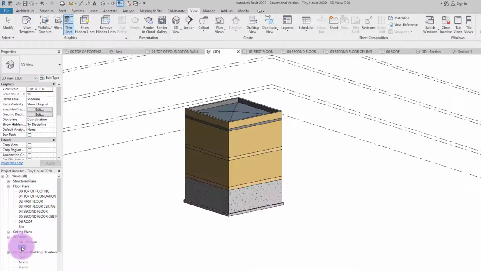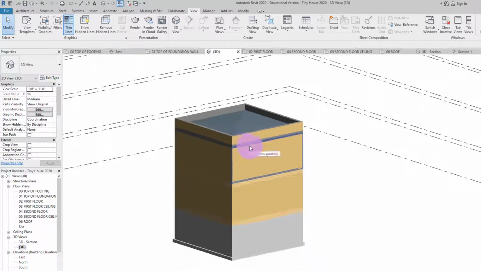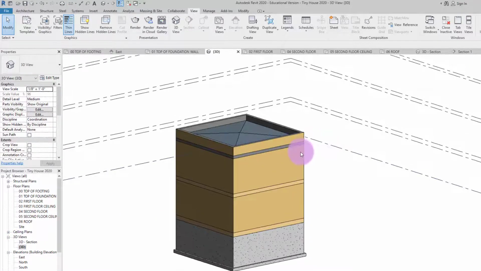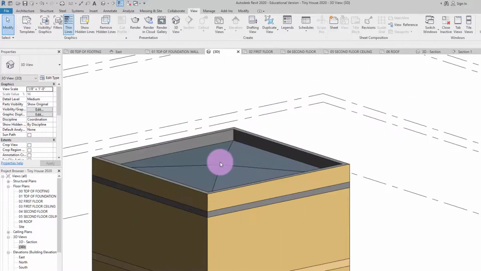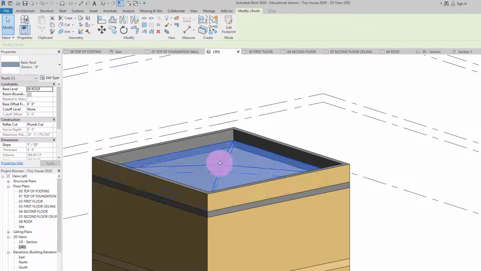Just leave that alone. Alright, so there we go. We got the basic structure of our house. Kind of not digging how